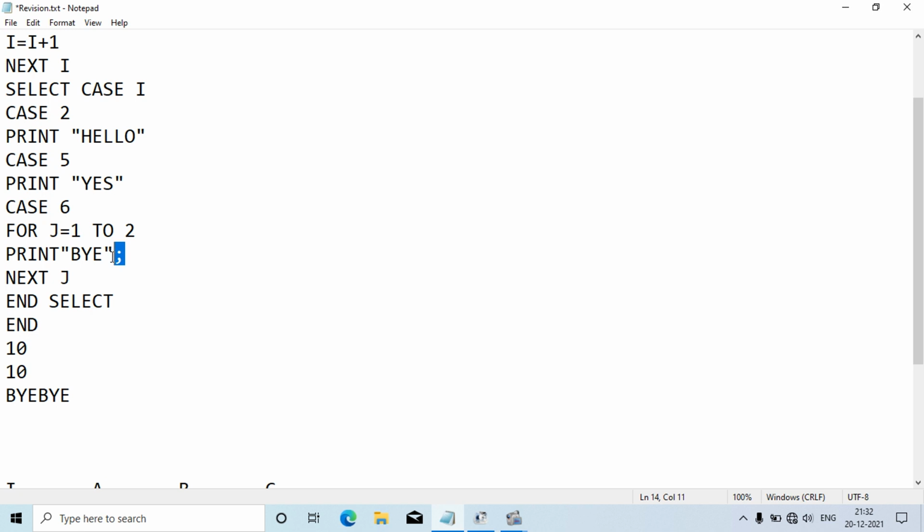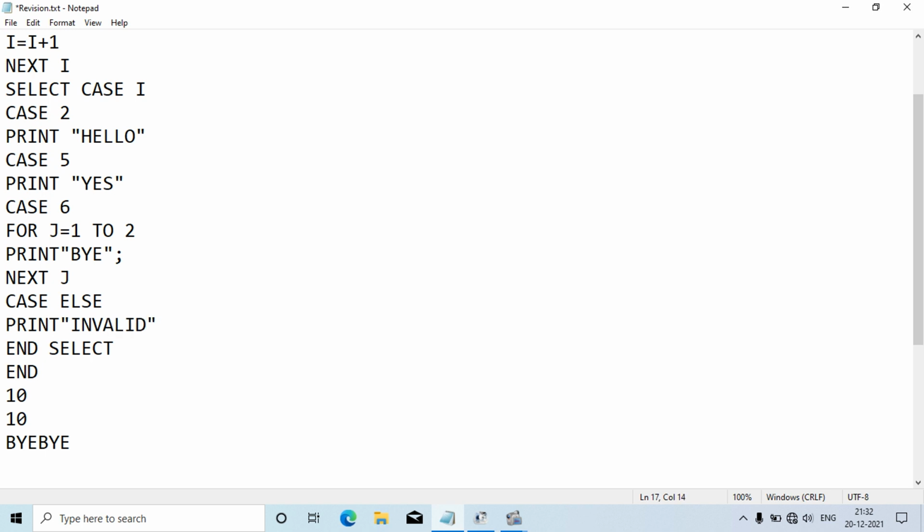Now so many people will ask me, sir, why have you not used case else? Obviously I can use it here. If I use case else, then I can use it, but it is not mandatory to give case else in every select case. You can avoid it. Okay, so it is totally up to you according to your convenience. So case else, if I write, of course I need to write anything, so I can write anything I want.